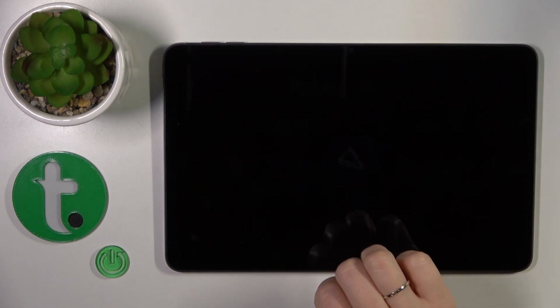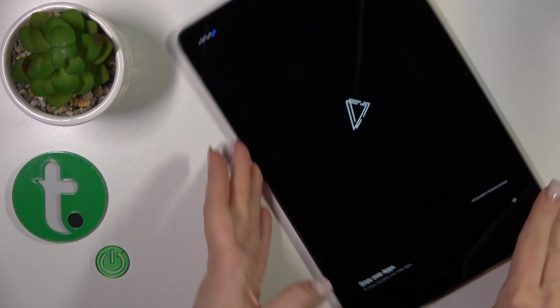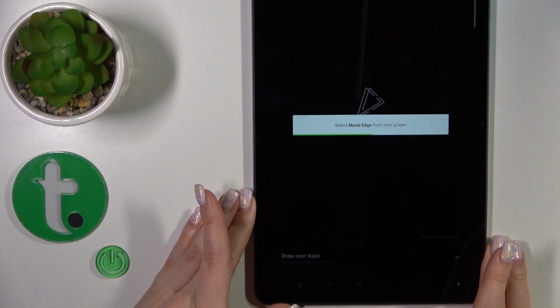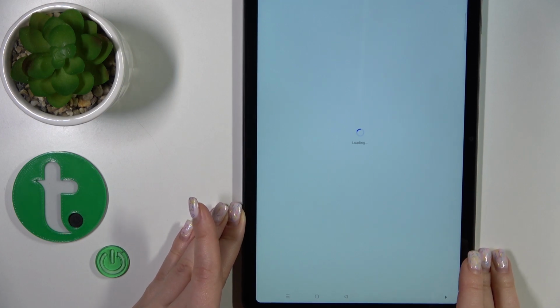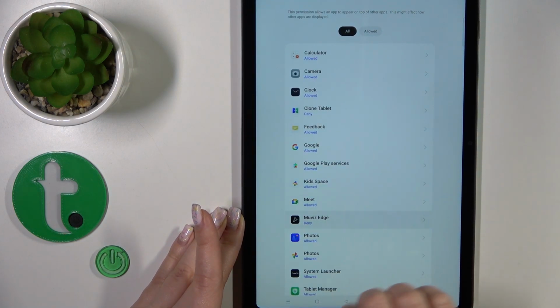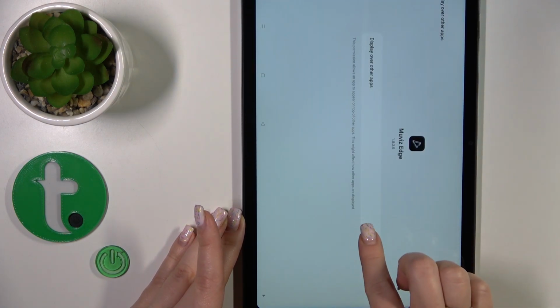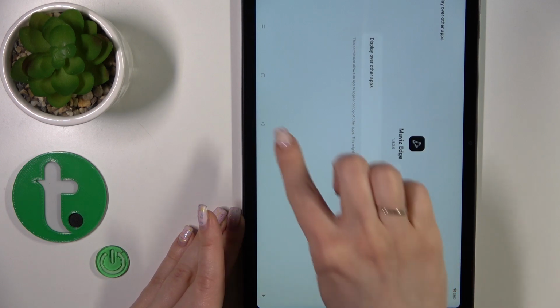After that, tap to open the app and here click to draw our apps. Then just find the Muviz Edge application on this list of apps and click the switcher. Then just go back